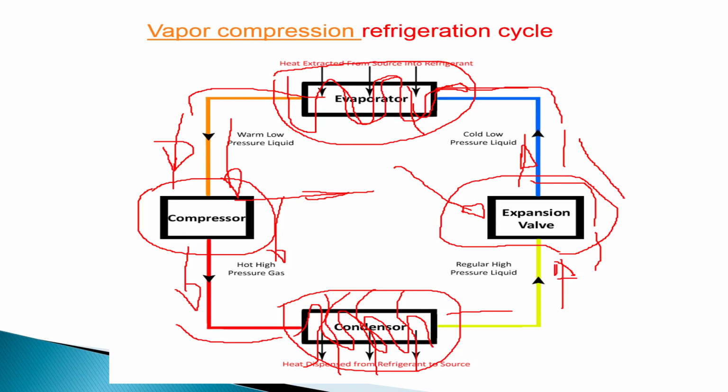So this way, the vapor compression refrigeration system mainly consists of an evaporator, which is to be maintained at low temperature, then a compressor used to raise the temperature by compressing the refrigerant, then a condenser where the refrigerant loses heat to the atmosphere, and an expansion valve wherein the high pressure liquid is expanded to low temperature, low pressure liquid, and it continues. This is how a vapor compression refrigeration cycle works.